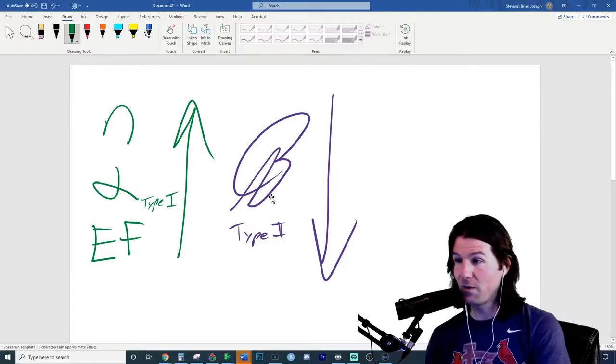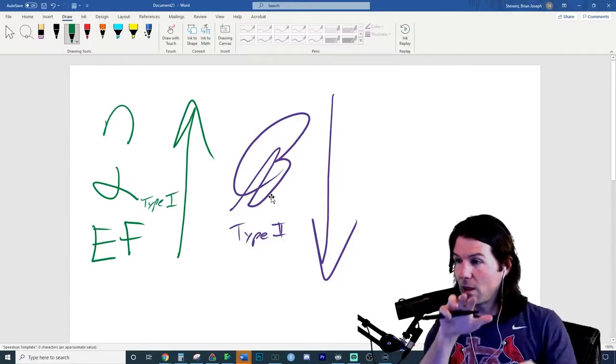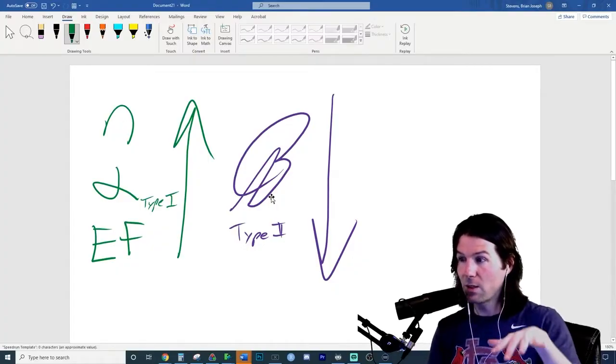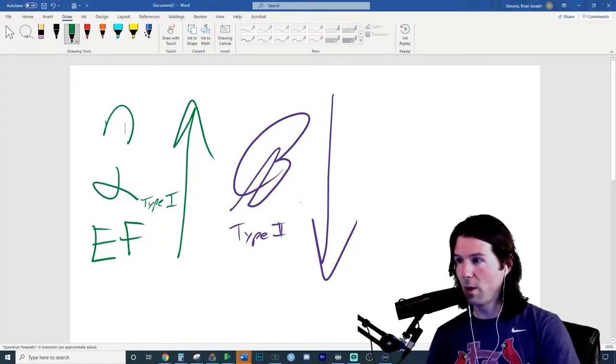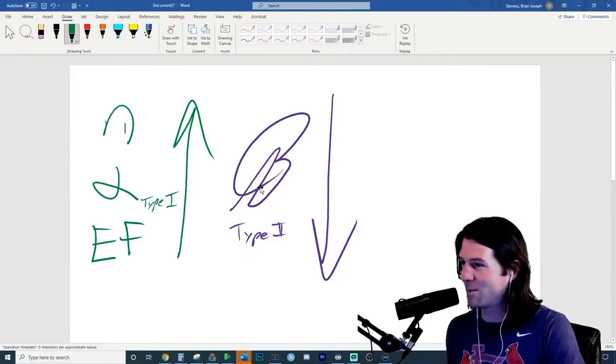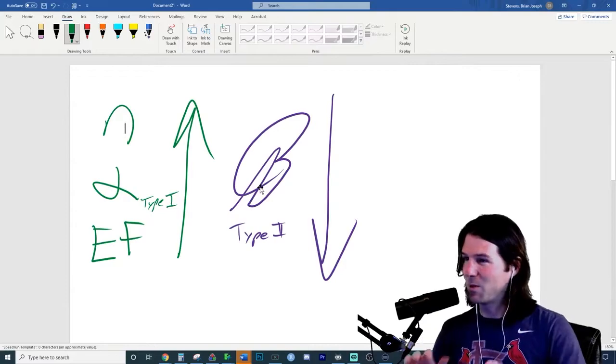A type 2 error is failing to reject the false null, so they are inversely related. If you reject more, you'll make fewer type 2 errors. Now, it's not a good thing to reject more. It just guards against making type 2 errors, so you have to have a balance between the two.